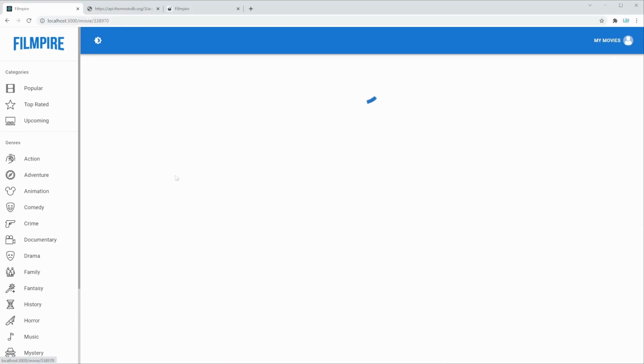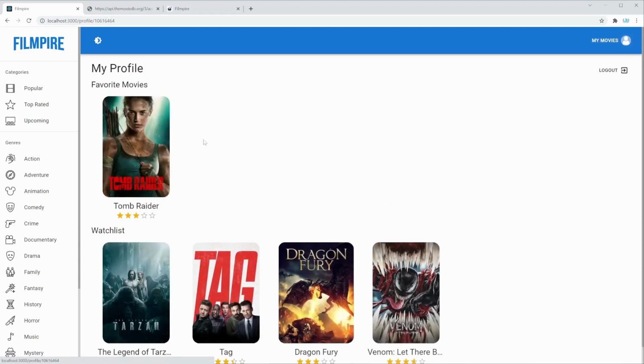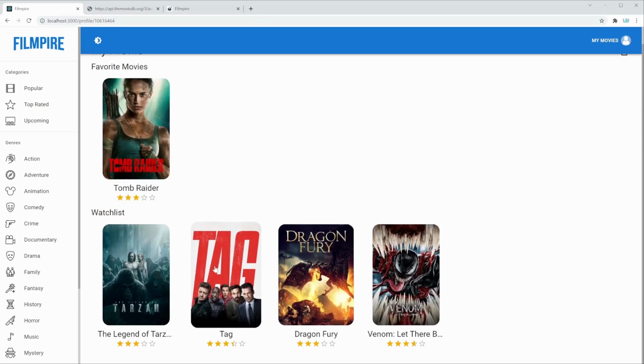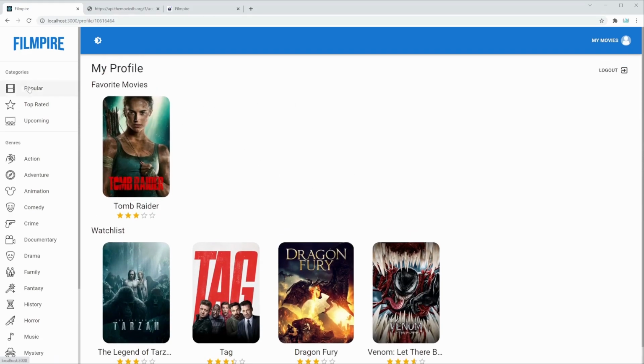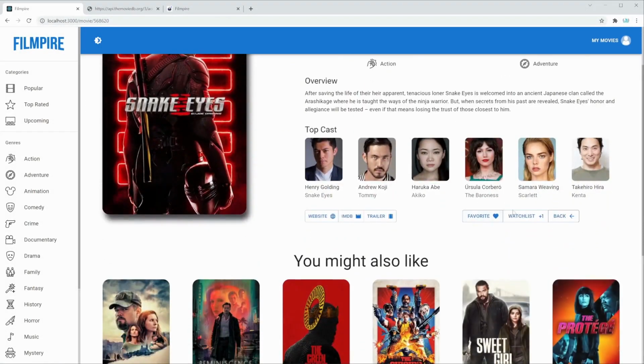Let's remove Tomb Raider from our watchlist movies, and let's add it to the favorites just to test it out. And there we go. The movie has been added to the favorites and removed from the watchlist. That means that this functionality is now done. You can keep going through different popular movies and you can add them to the watchlist if you want